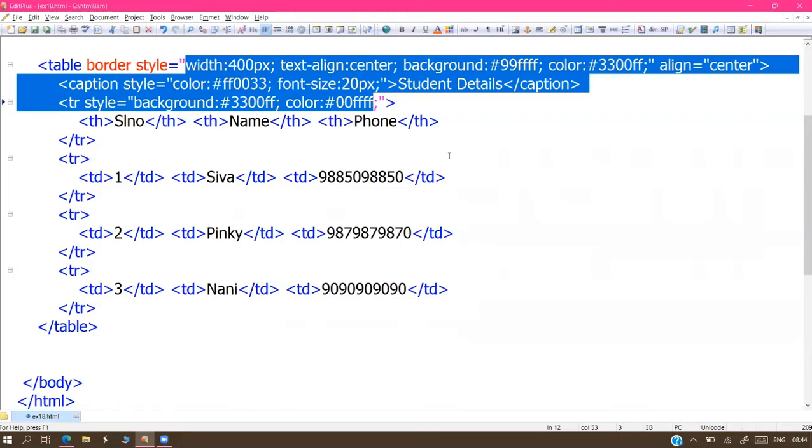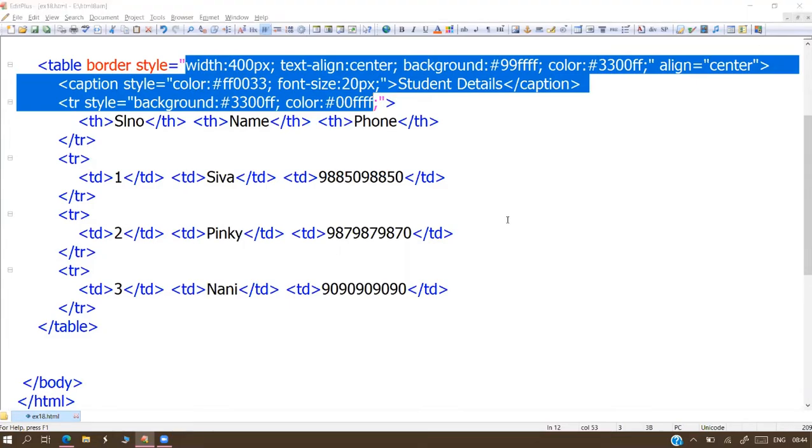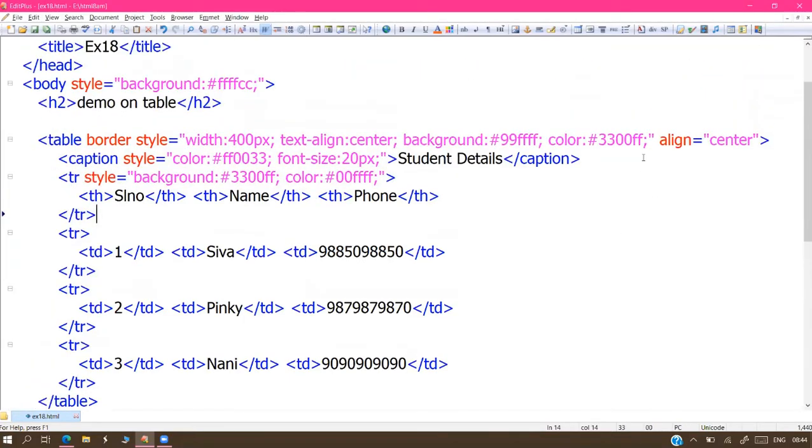We are applying some styles here. Sir, one doubt here. Yes. Can we give two different colors for the phone numbers you have given?